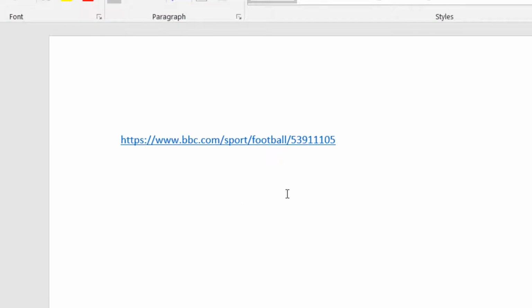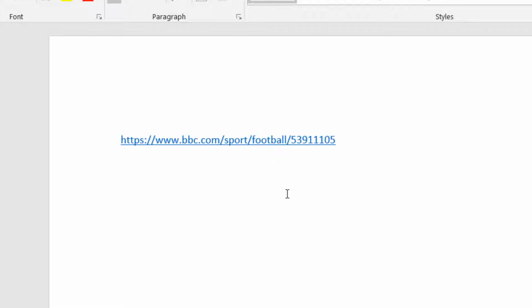Leaving the long URL in your document can create several problems. It's ugly and distracting, and it can break up the flow of any text you have around it. It also doesn't tell your reader much about what it is linking to, especially if the URL doesn't include obvious information in the address.